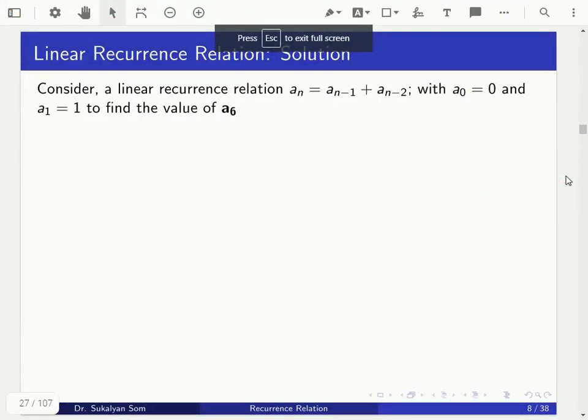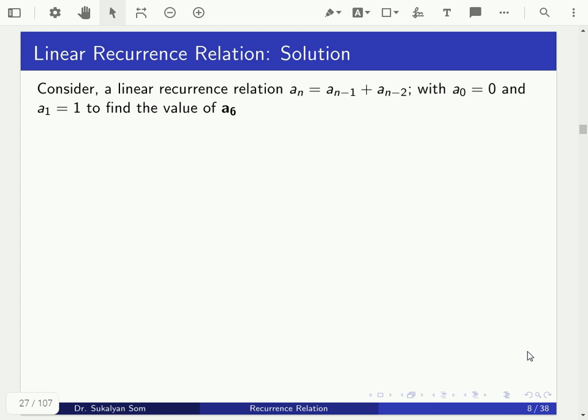Hello everyone. In this lecture, we will be discussing the solution to a recurrence relation. We have already stated that a recurrence relation can be of two types, a linear recurrence relation and a nonlinear recurrence relation. We shall be restricting ourselves only to the solution of linear recurrence relations. And for this, let us first try to understand what we really mean by the solution to a linear